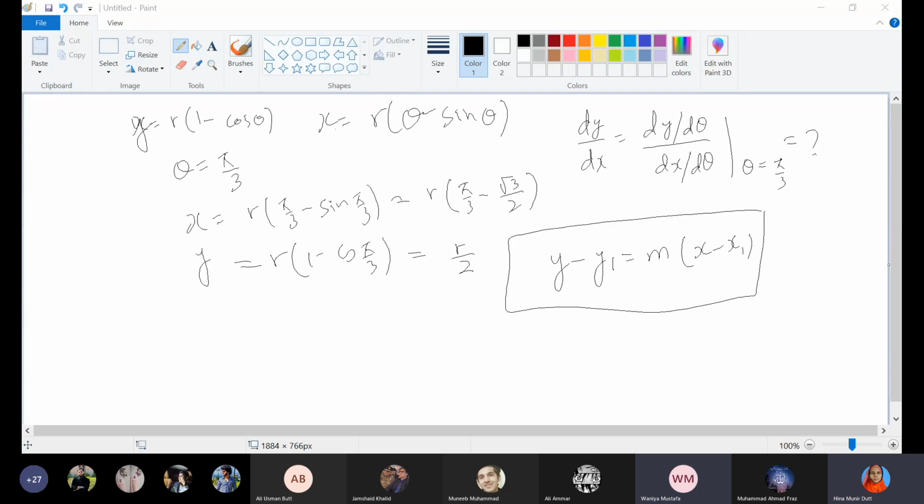खोल लो इसको। sin θ ओवर 1 minus cos θ। तो हॉरिजॉन्टल टेंजेंट के लिए you have to put dy by dθ is equal to 0 and dx over dθ should not equal to 0. Sin theta should be equal to 0 and 1 minus cos theta is not equal to 0. Sin theta is equal to 0 कब होगा? When theta is equal to 0 and multiple of